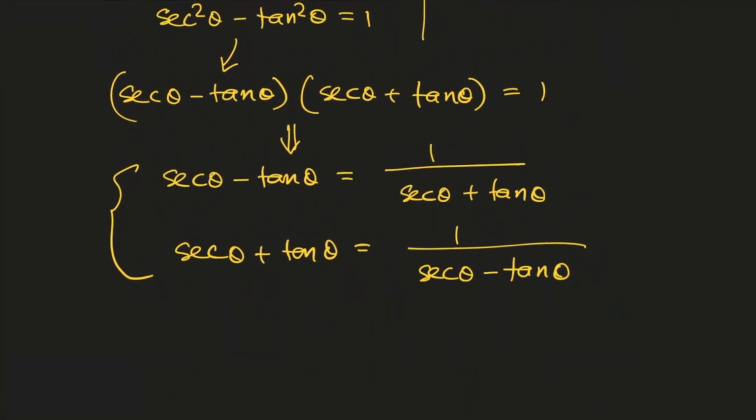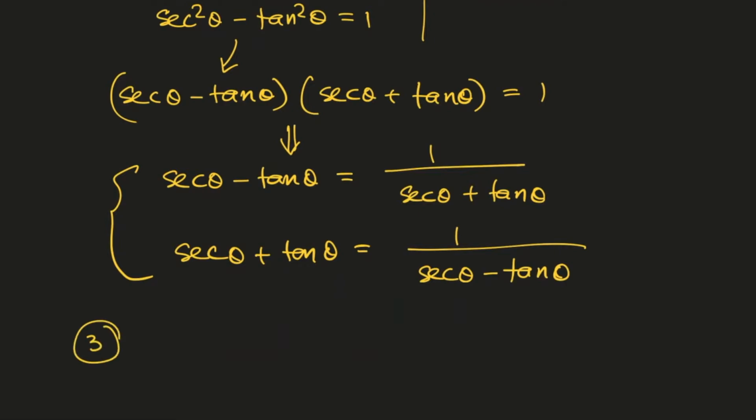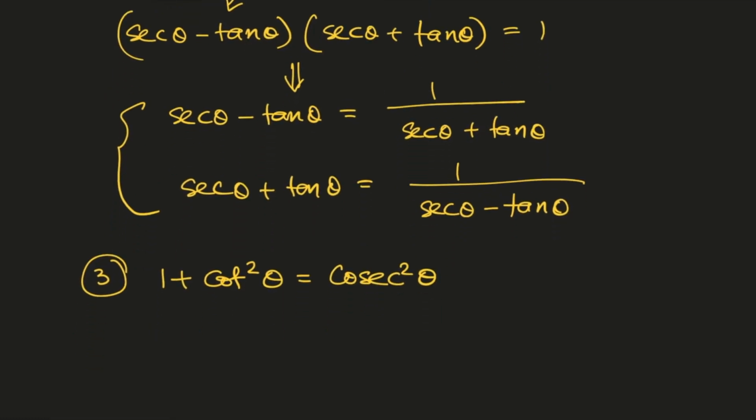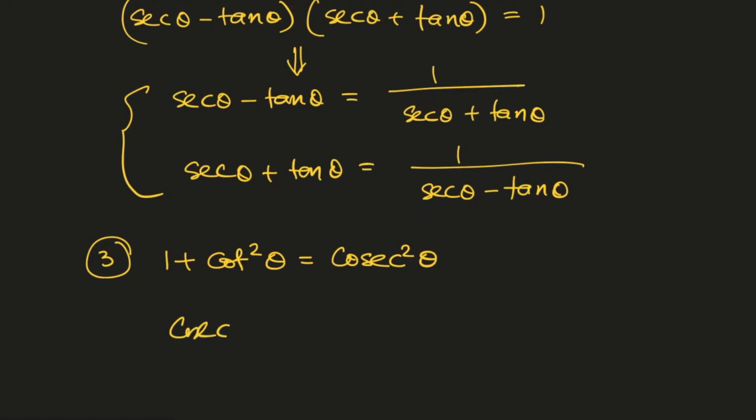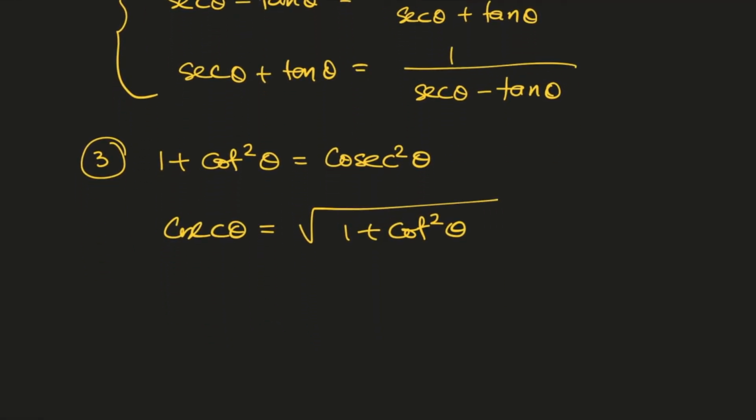And similarly, the third result was 1 plus cot square theta is equal to cosec square theta. So we can write this as cosec theta is equal to root over 1 plus cot square theta. This is one way to write this. Another way to write this is cot theta is equal to root over cosec square theta minus 1. Another way to write this is